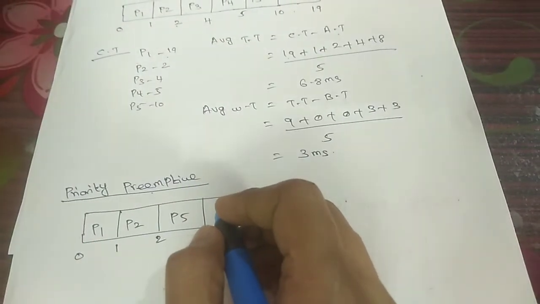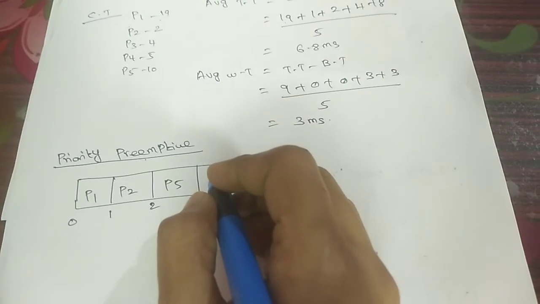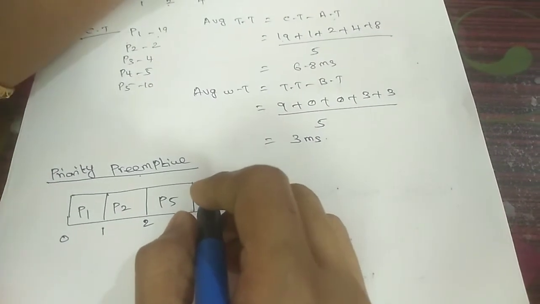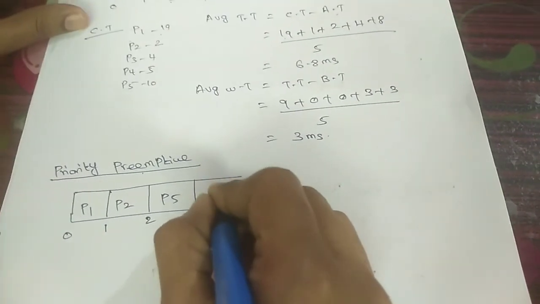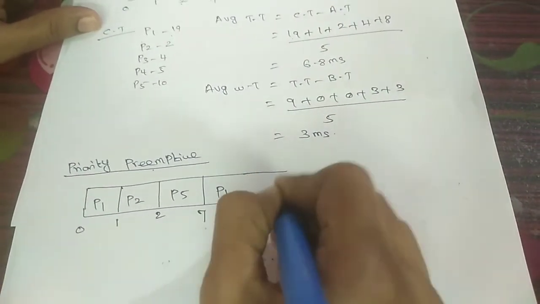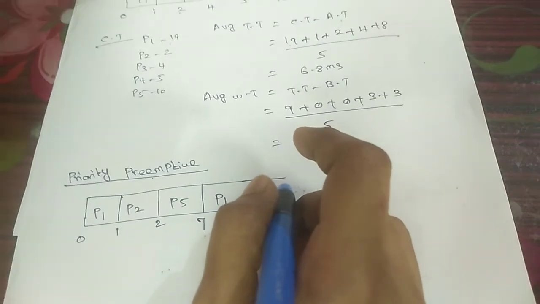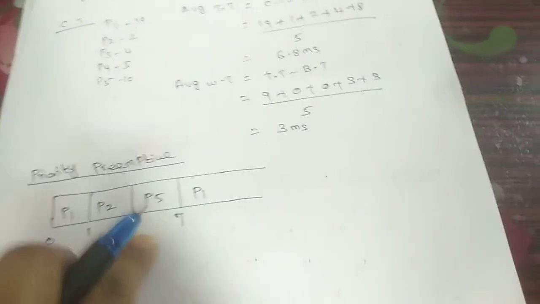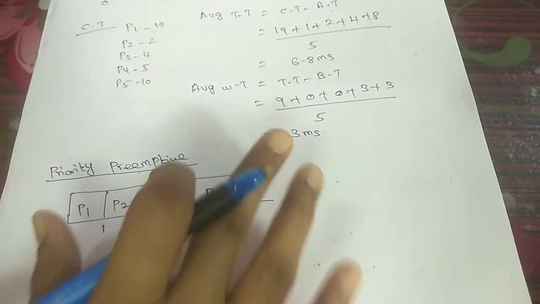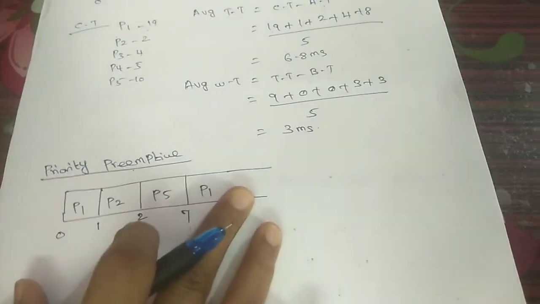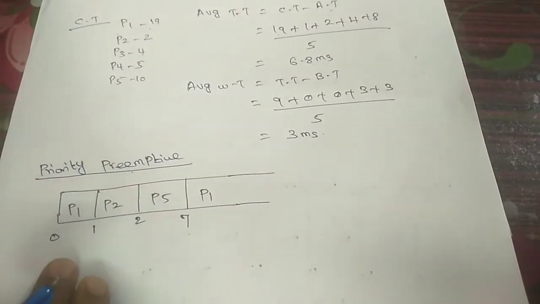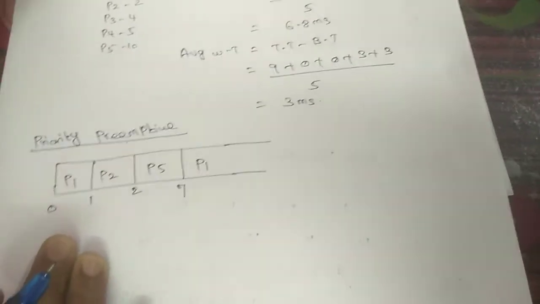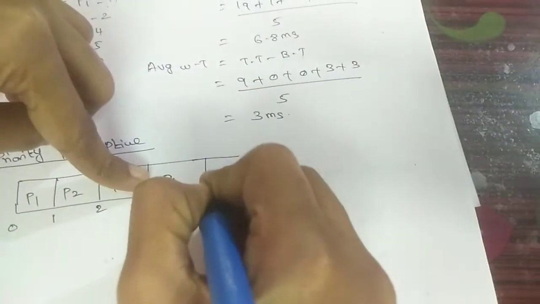And next for P1, we are going to check the priority. P1 will be having the next highest priority, that is 3. So P1 is going to enter. After this first cycle, all the processes have arrived, executed and gone to the waiting state. After the completion of this first cycle, we are going to have the non-preemptive. So P1 will be entering and it is going to execute the whole, that is 10.